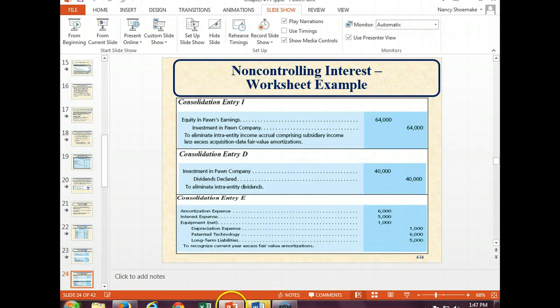So if we go back here, we're going to show the $64,000 of our share of the income from the subsidiary. We're going to reduce our investment in that amount. Then this $40,000 will increase investment in Pawn and credit our dividends declared, similar